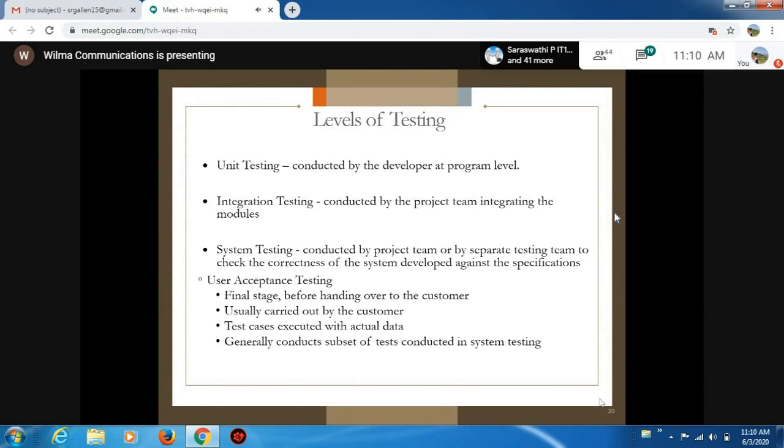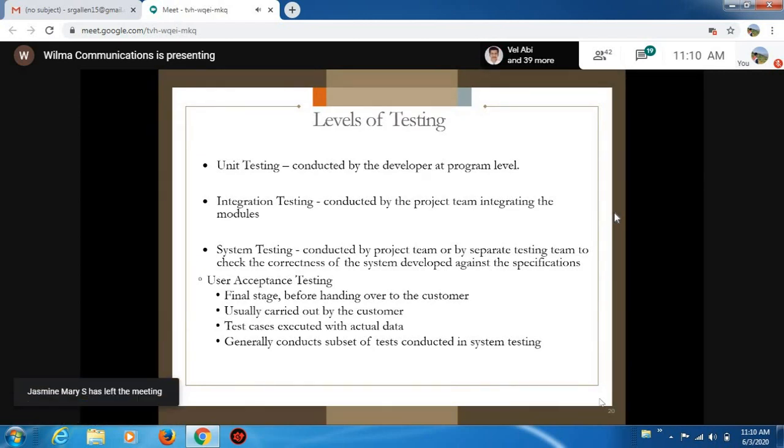Apart from unit testing and integration testing, we have a third level called system testing, conducted by a project team or a separate testing team to check the correctness of the developed system against the specification.